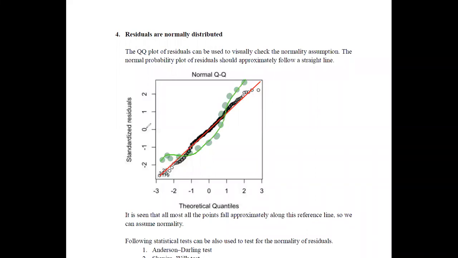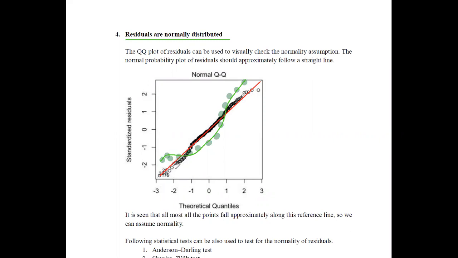Therefore, you can say that the normality assumption is violated for this data set, and the fitted model may not be a good one for you. Since the model assumption is violated, we may have to go for an alternative method. This is the visual method you use to check the normality of the residuals.